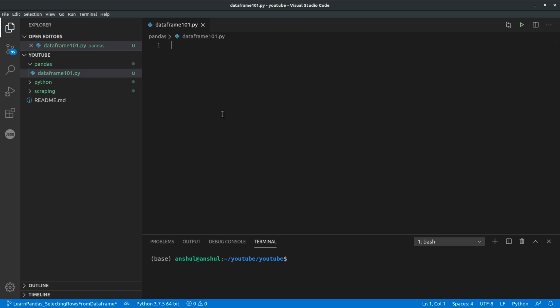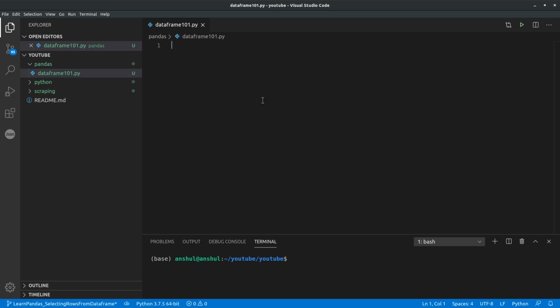In this video I just quickly wanted to go over how to select rows from a data frame based on a column value. It's a very common scenario. Traditionally with databases we used to apply filter conditions. It's something similar to that.